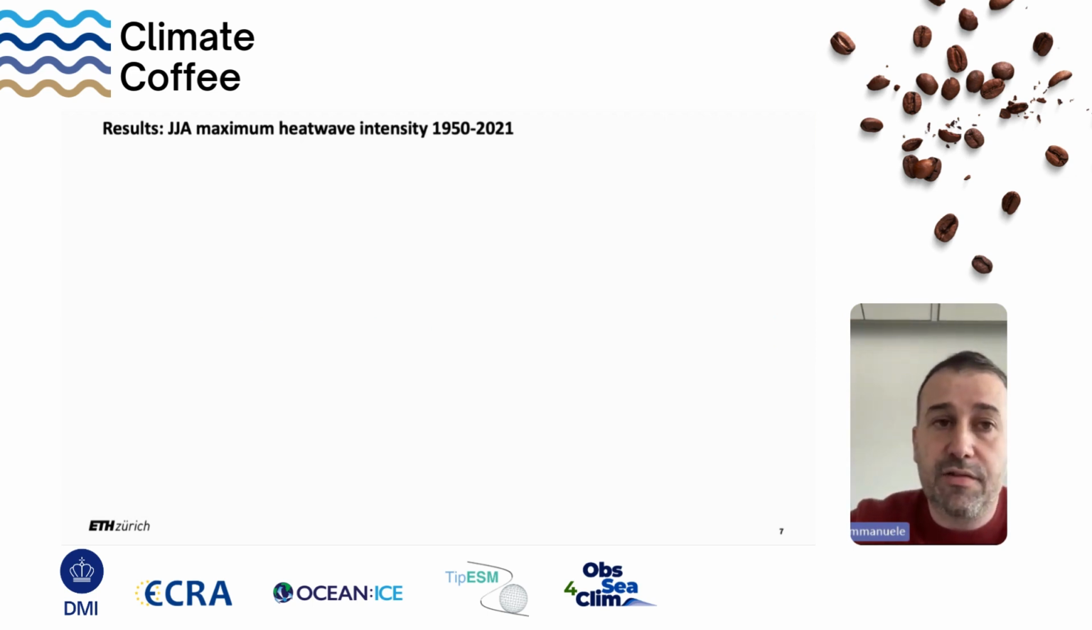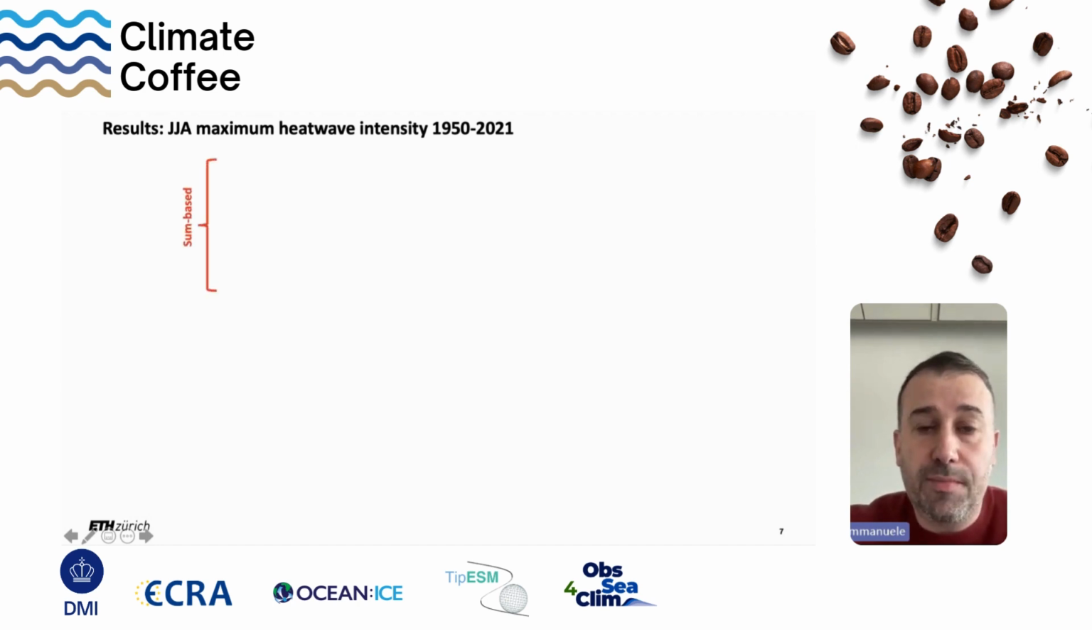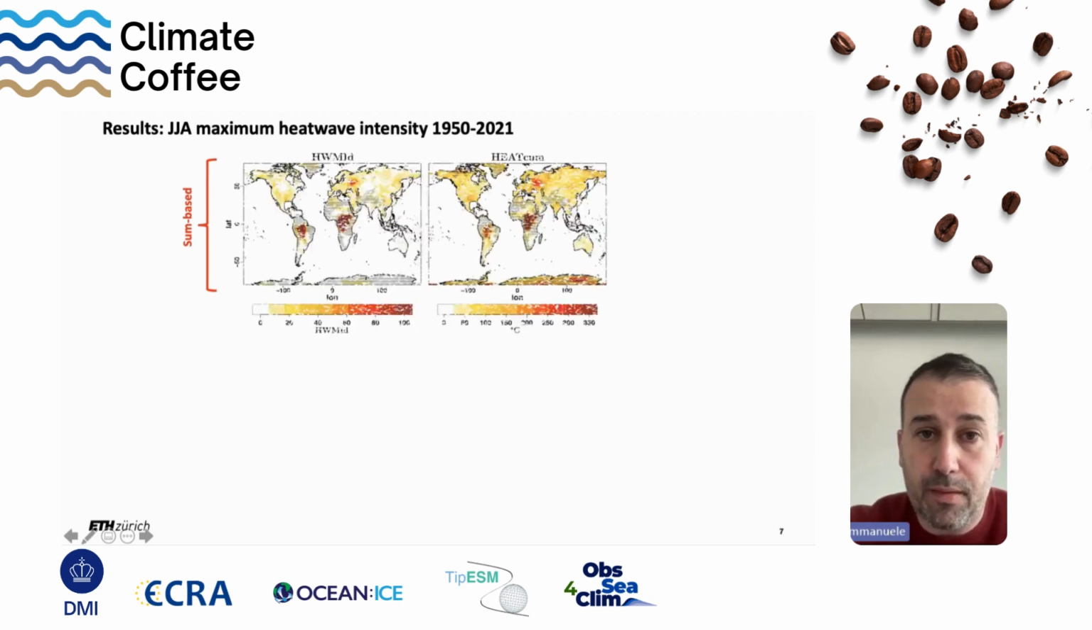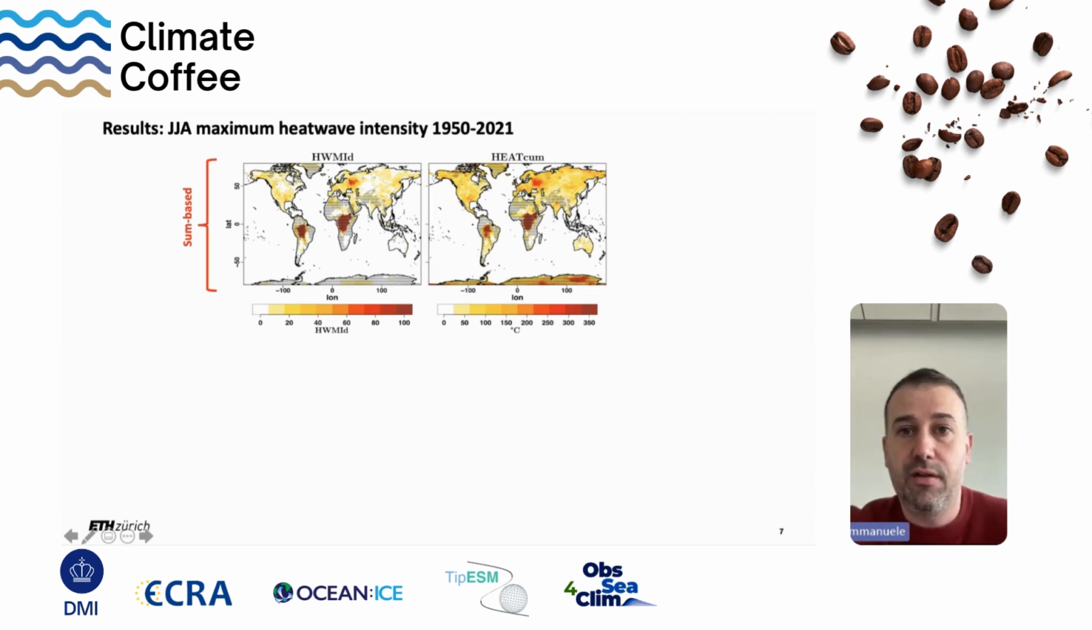Here I show the results of the comparison of JJA, June, July, August, maximum heat wave intensity for the period 1950 to 2021 that we obtained for the four previously introduced metrics. In the upper row, I show the results that we obtained for the cumulative-based indices. So the heat wave magnitude index daily of Russo et al. 2015 on the left in this case, and the heat count. The maps show the maximum intensity according to ERA5-Land for the entire period 1950 to 2021